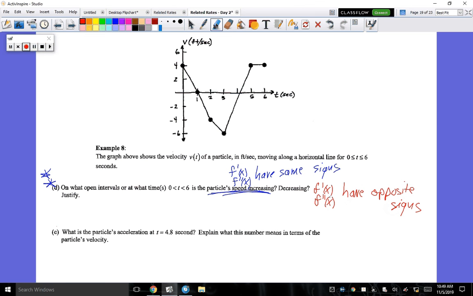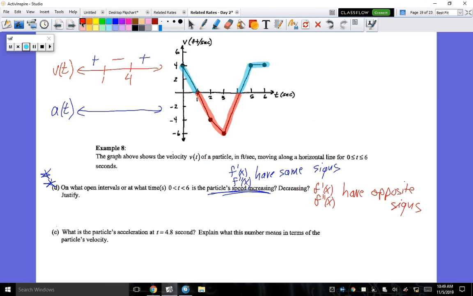So look at this. We know right now what I'm shading are the signs of f prime. It's almost like looking at v of t, and this is what I was wanting to show you earlier as well: from 1 to 4, it's positive, then negative, and then back to positive. You with me? If I drew an acceleration graph,